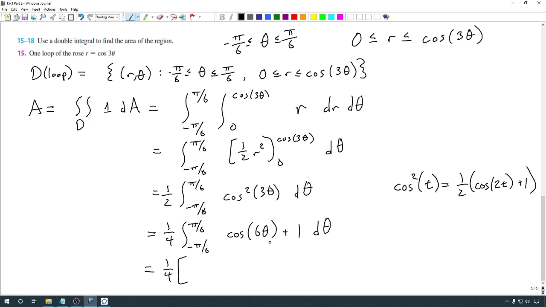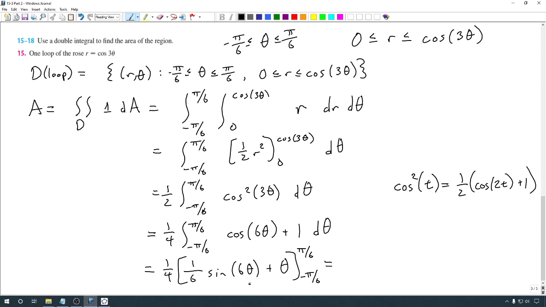Well, the integral of cosine of 6 theta is 1/6 of sine of 6 theta. Integral of 1 is theta. I'm going to take that from negative pi over 6 to pi over 6. Now, one nice thing here, and if you ever do another one of these where you're using a different number here, this will always pretty much be the same when we find the area of one loop of one of these Rose curves. When we plug these limits into the sine, we're going to have sine of negative pi and